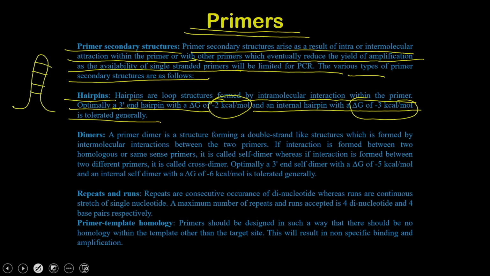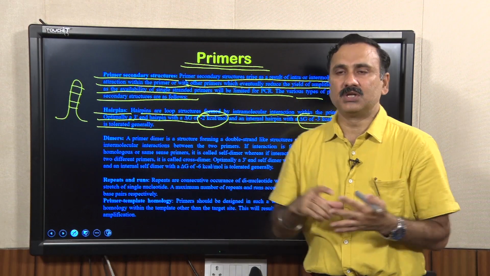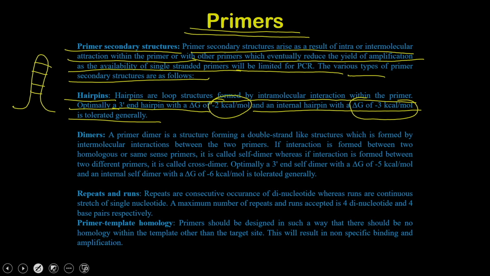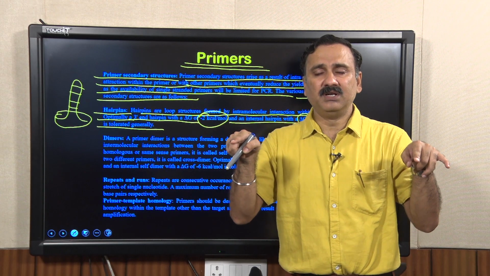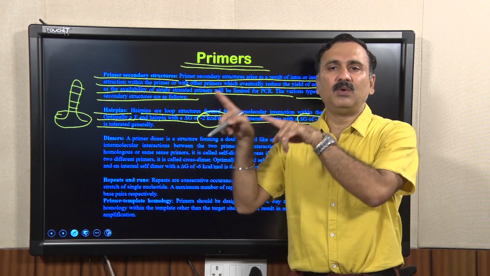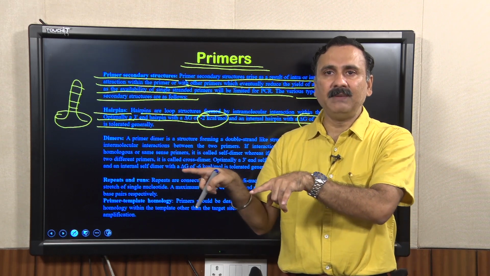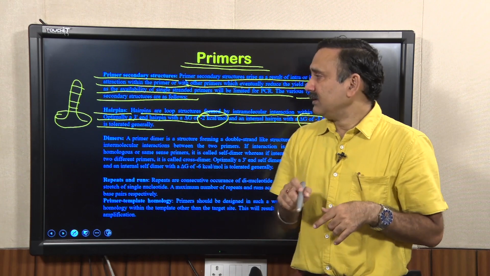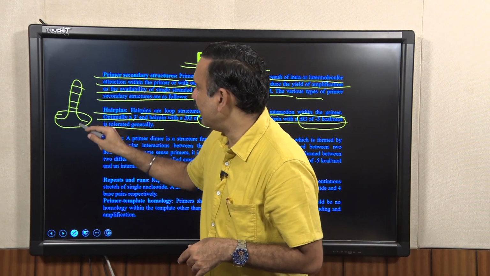So, this is the single stranded primer, but it is actually going to fold and give you a hairpin-like structure. If this happens, first of all, it is going to reduce the single-stranded length of the primer, so that it will be able to interact with the target DNA or the template DNA. The second is that because it has a hairpin-like structure,